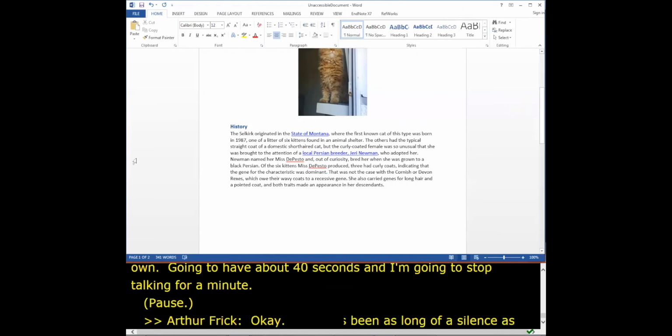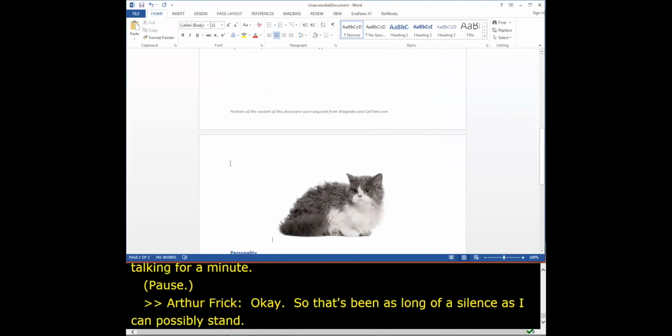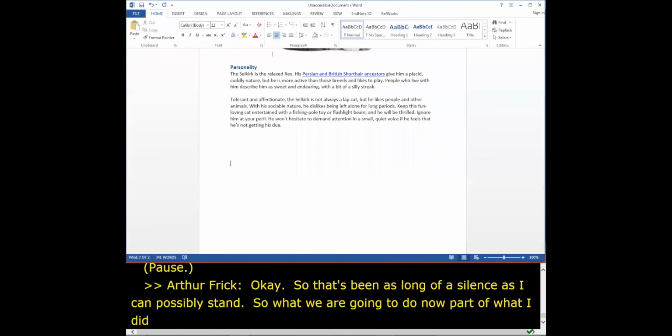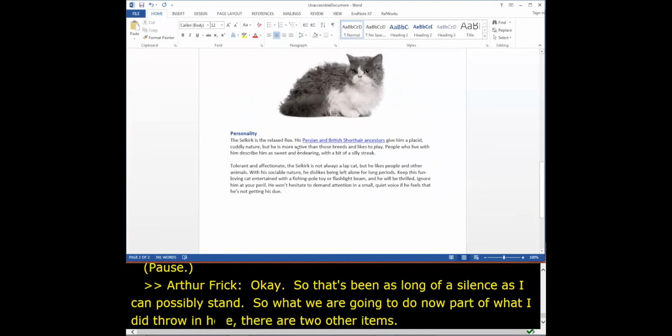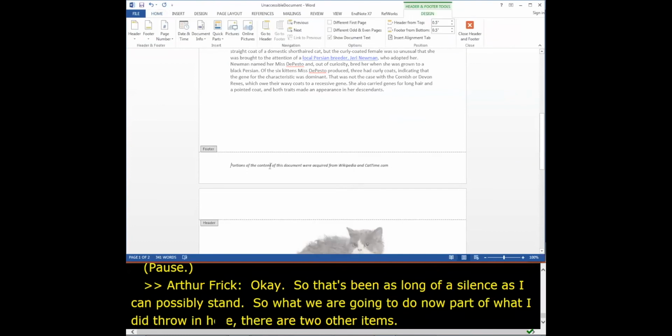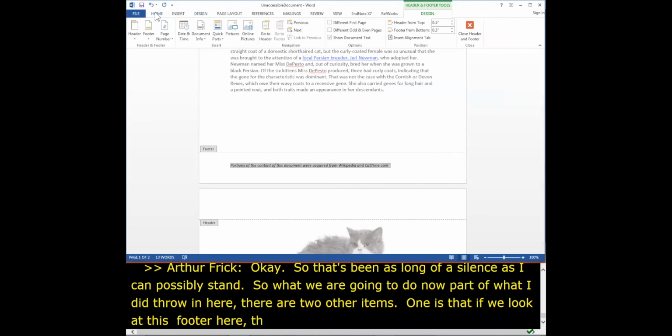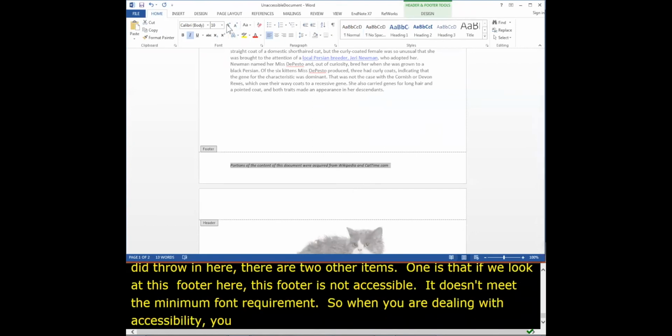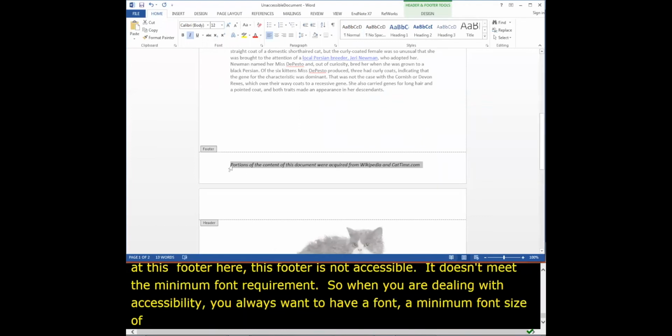So what we're going to do now is part of what I did throw in here. There are two other items. And one is that if we look at our footer here, this footer isn't accessible because it doesn't meet the minimum font requirement. So when you're dealing with accessibility, you always want to have a minimum font size of approximately 12 pixels or 12 point, which we can correct easily by just, if you have issues getting to the footer, you can